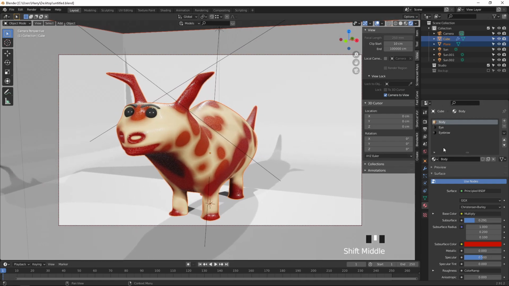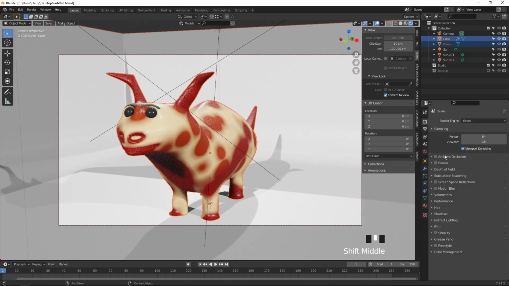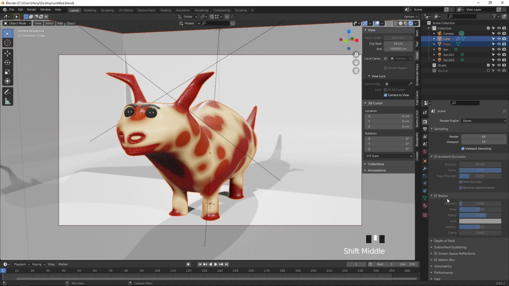So we can disable the cast shadow in Eevee. Can go for the options here. Just a second.